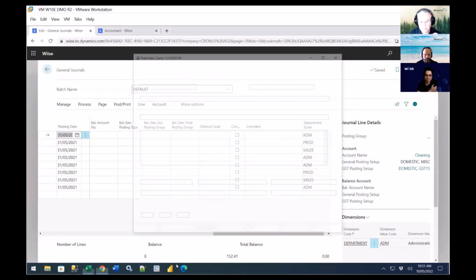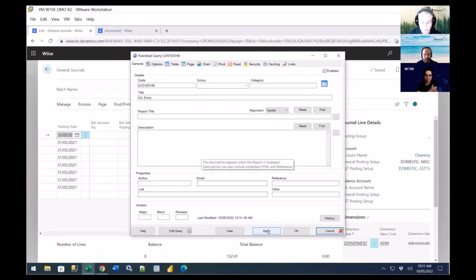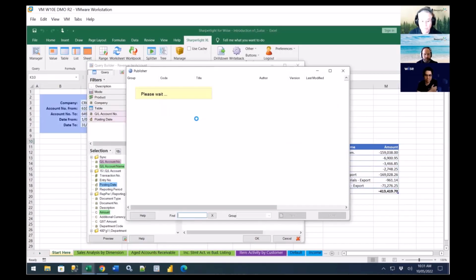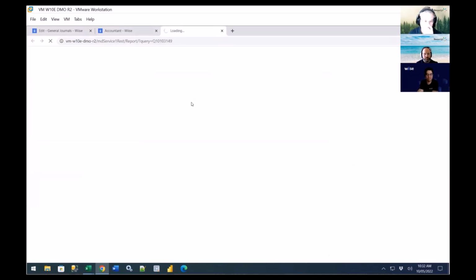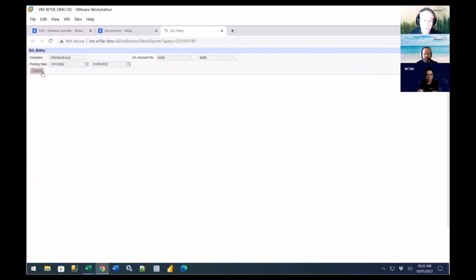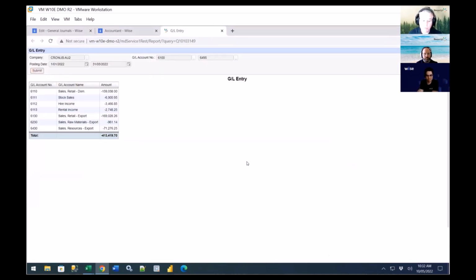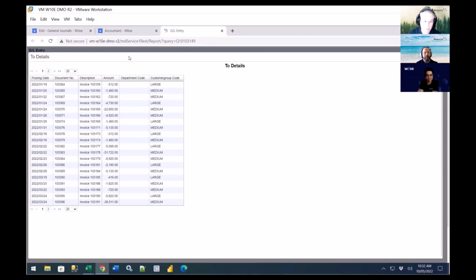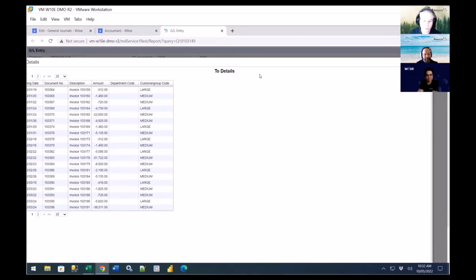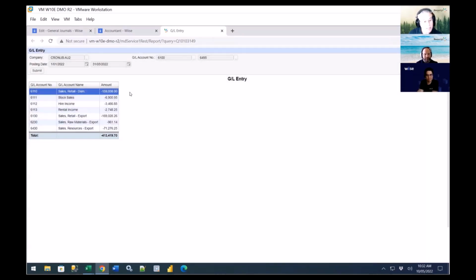I can save that as a new query, and I can then view that query in a web browser, just while it loads, and I view this. And now I have a web version of that query that was in Excel. And the drill throughs are sitting there in the web. So there's my little drill through, which I would get equivalent in Excel,